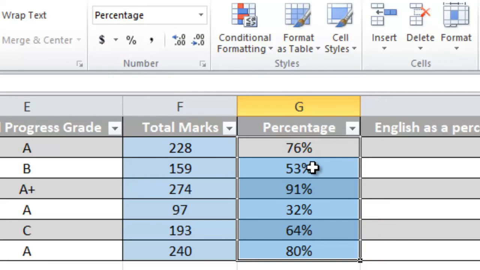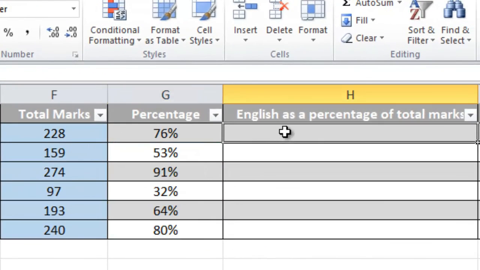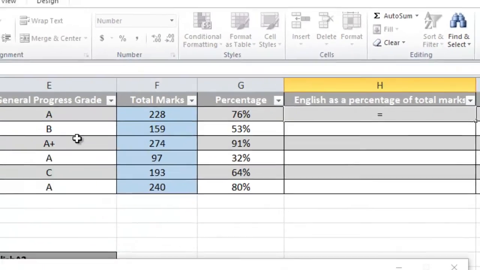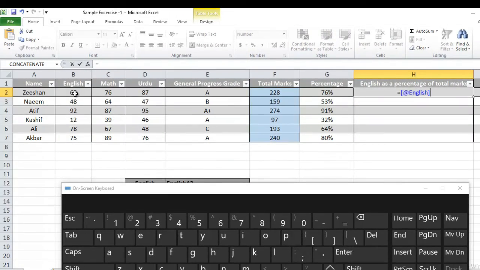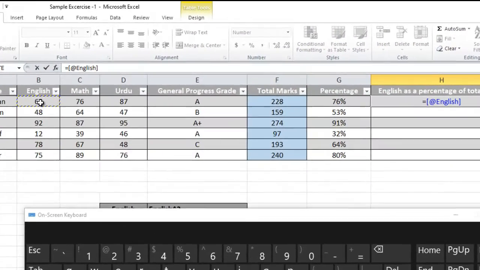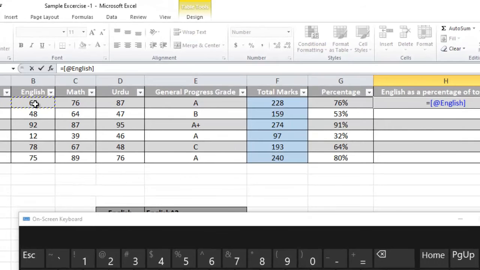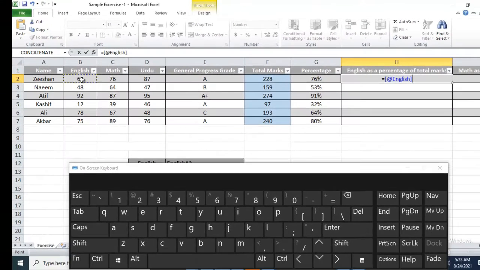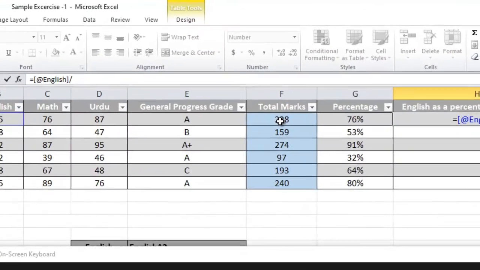It's interesting now. Okay, now the last thing is over here, English as a percentage of total marks. How to calculate this? First of all, I will put the equal to sign, then I will select the English marks over here. Click this one, and now divided by this total marks.